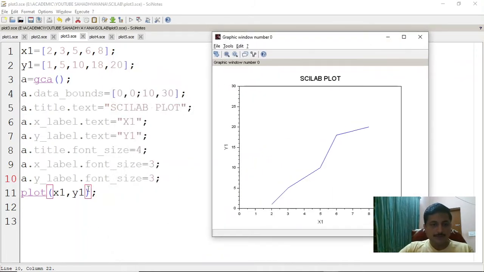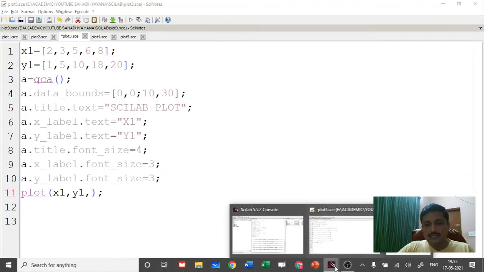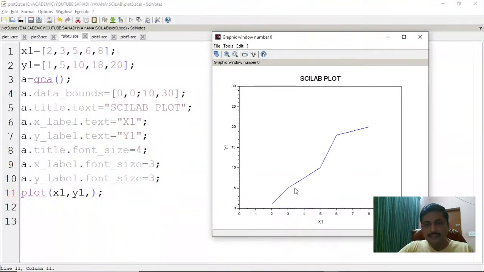Now to add upon the plot function, I have just plotted x1 comma y1. You can have something like this. If I want to mark those points, so in this graph you are getting a linear graph, right? And these points are not well marked.